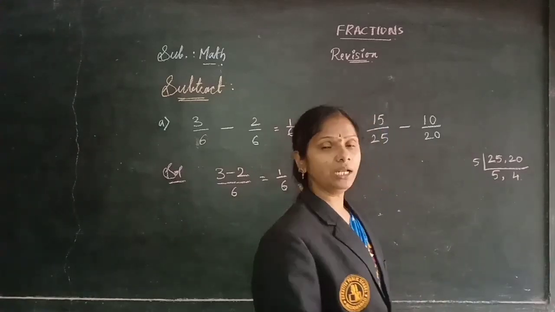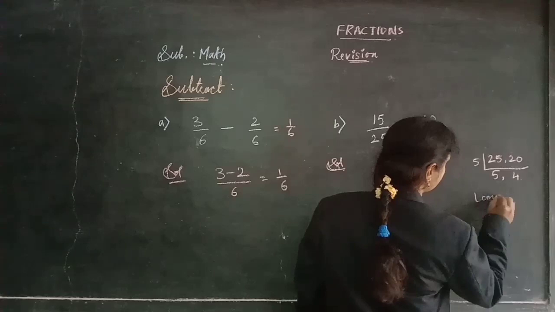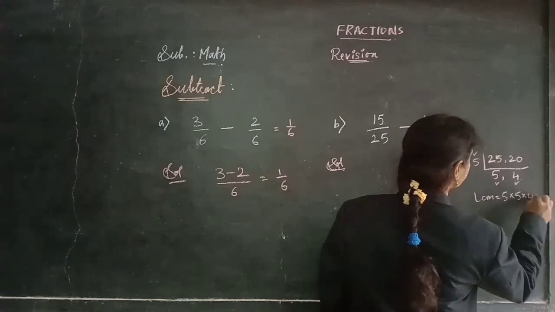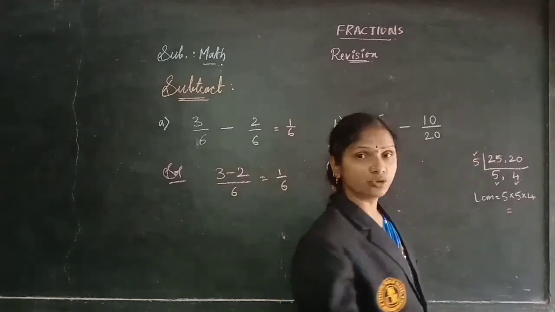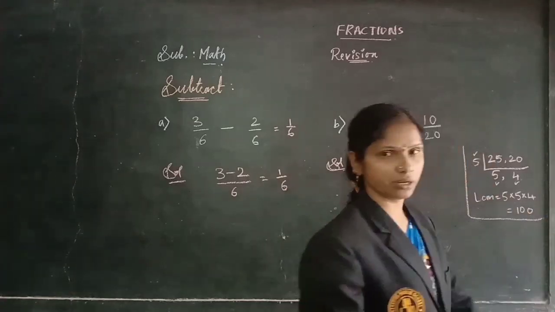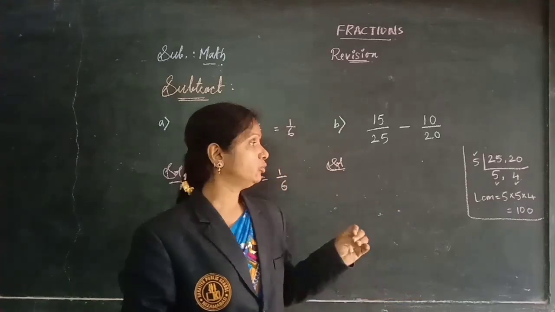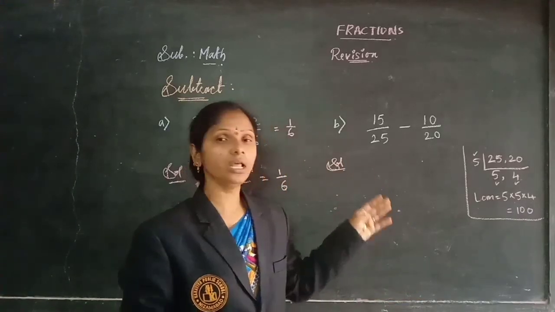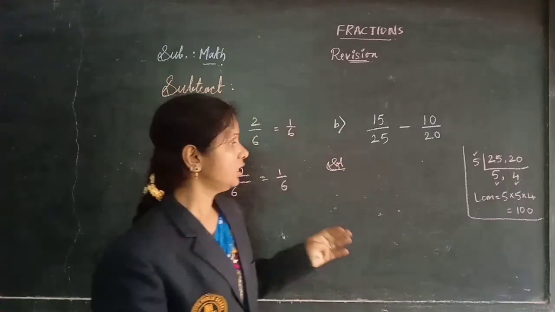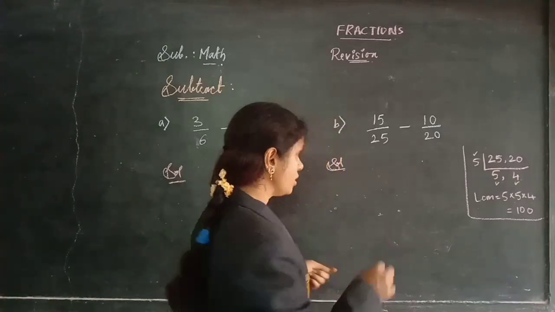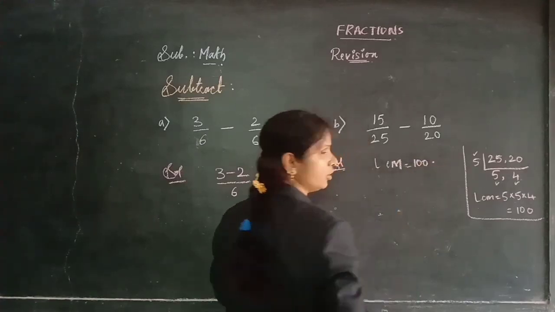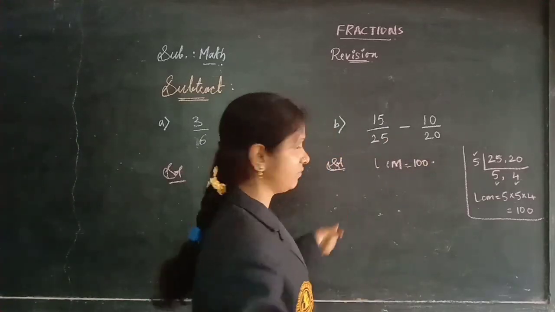So we multiply to get the LCM. LCM is equal to the outer number 5, which I take, 5 into 4, children. So 5 5s are 25, 25 into 4 is 100. So the LCM I am getting is 100, children. While you are adding or subtracting, you need to do the LCM correctly, children. If you make a mistake in the LCM, then maybe there is a chance to get the whole problem wrong. So do the LCM correctly. So the LCM is 100.